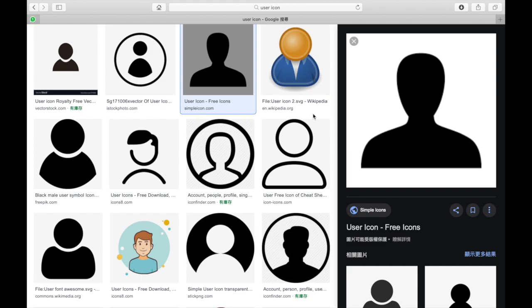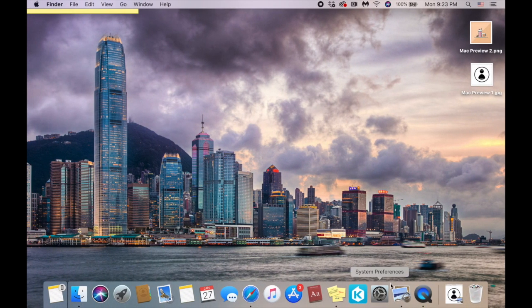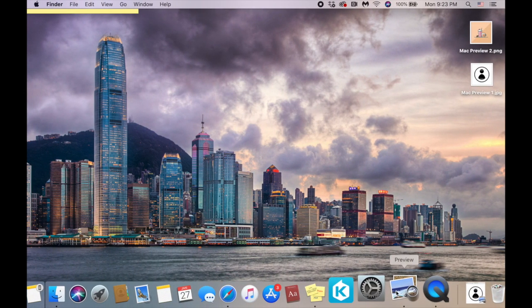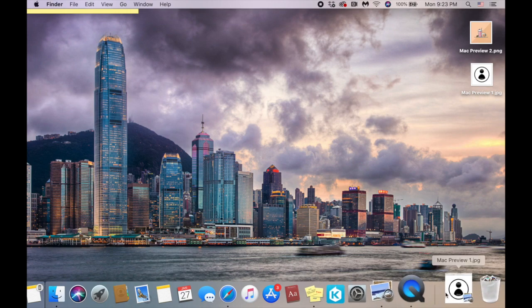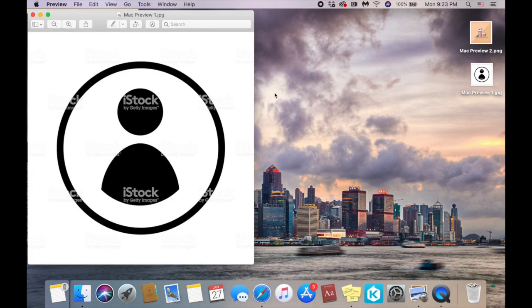But in reality, these are really easy to overcome by using the Preview function in our MacBook. Most people use it to read books or documents, but not many of them know how we can use it for presentation. Let's take this icon as an example. As you can see, it has a white background and watermark here, which is not really good when we want to put it in a presentation.